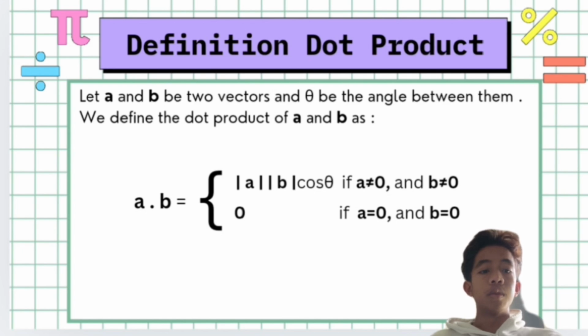Mathematically, the dot product of A and B is defined as modulus A times modulus B cos theta when both vectors are non-zero, and 0 if either A or B is the zero vector. This means the dot product depends on the magnitude of the vectors and the cosine of the angle between them. It plays a crucial role in physics, geometry, and engineering, helping us to understand projection, work done, and